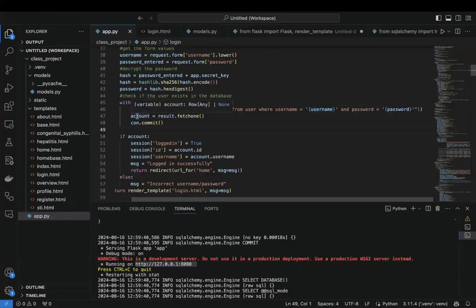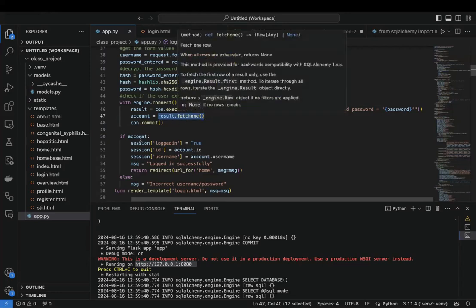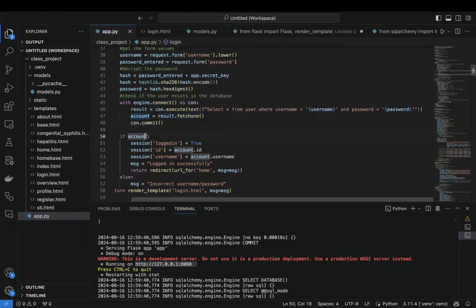And then I want account is equal to result.fetchone. So run this query and fetch the result, commit that. Now it stores the result it gets in a variable called account. So if account is true, that means if it fetches a result, that means this username and password matches a credential in the user table,